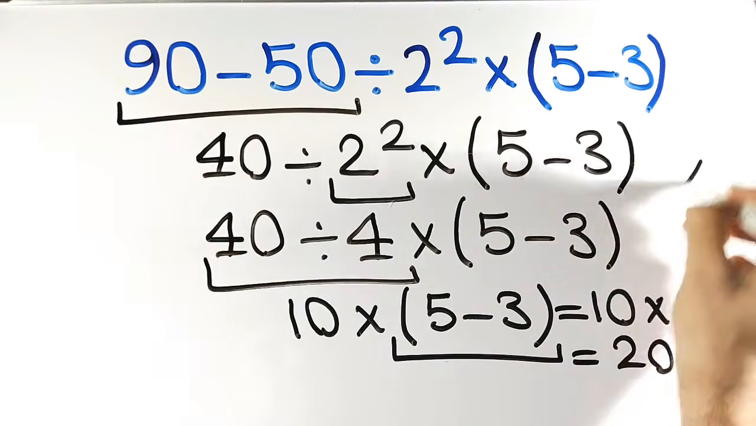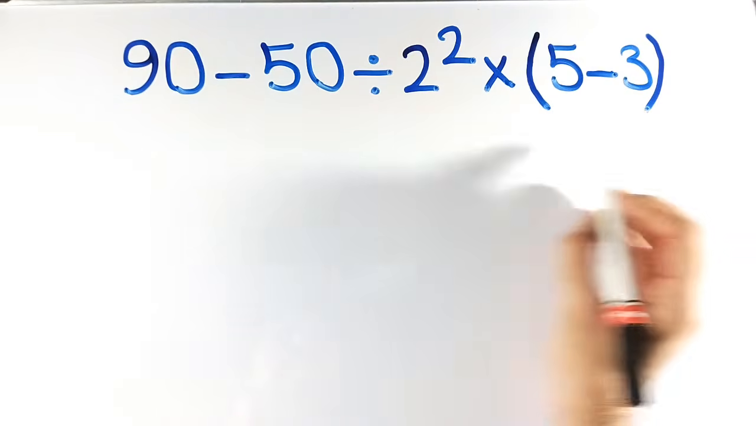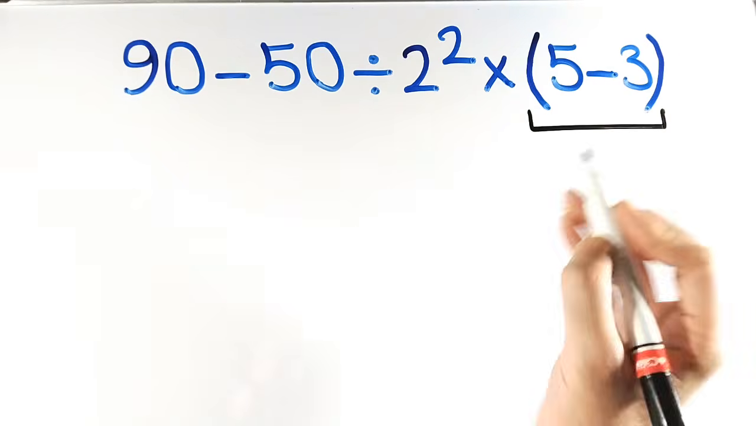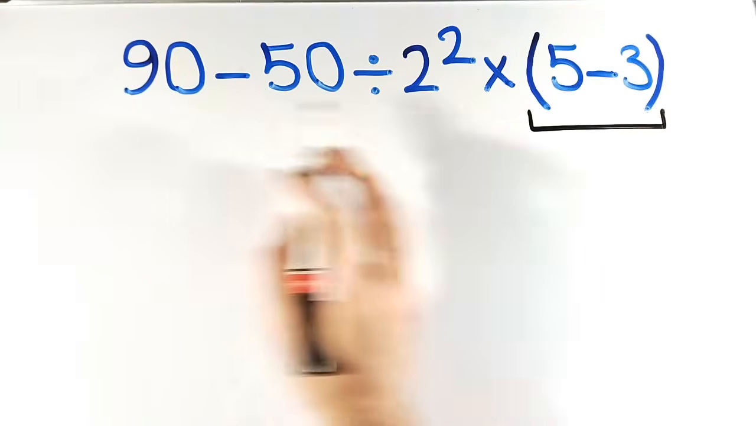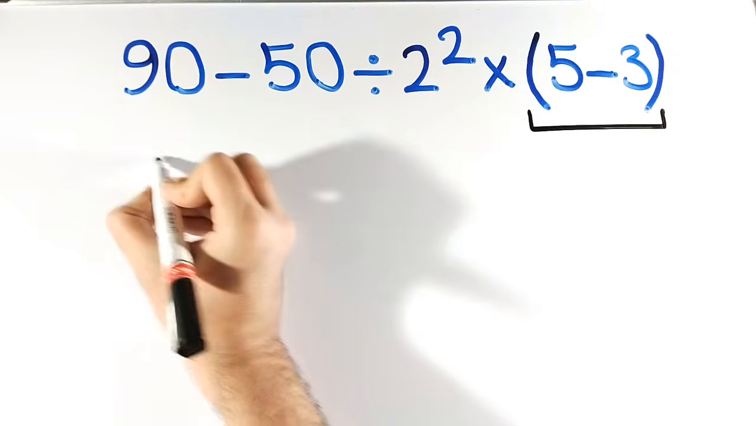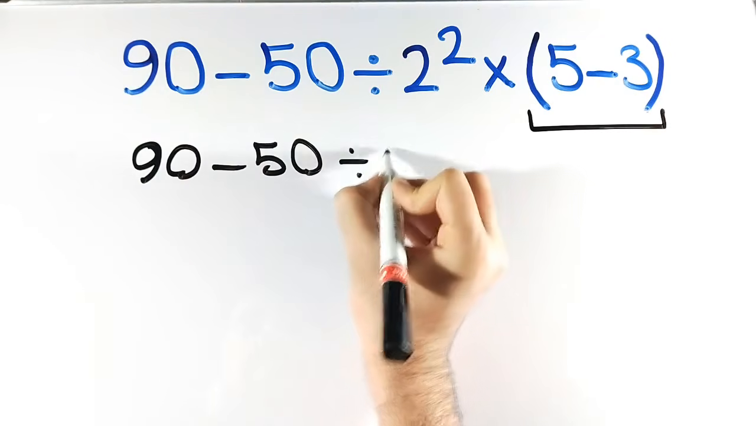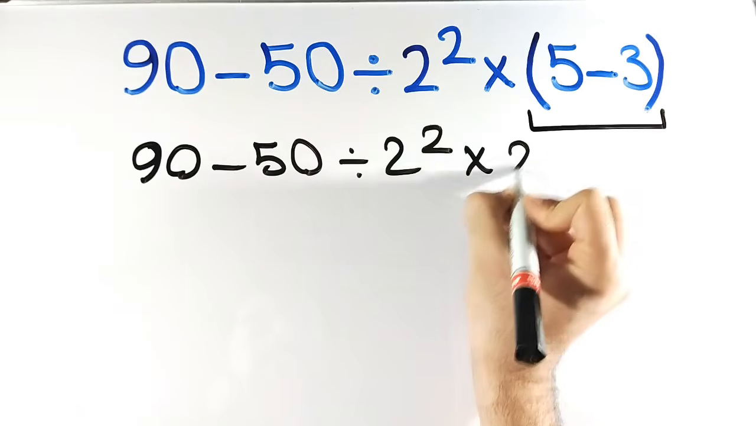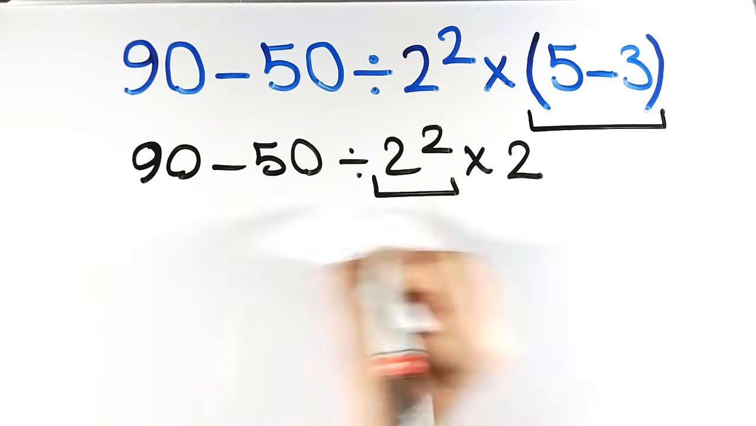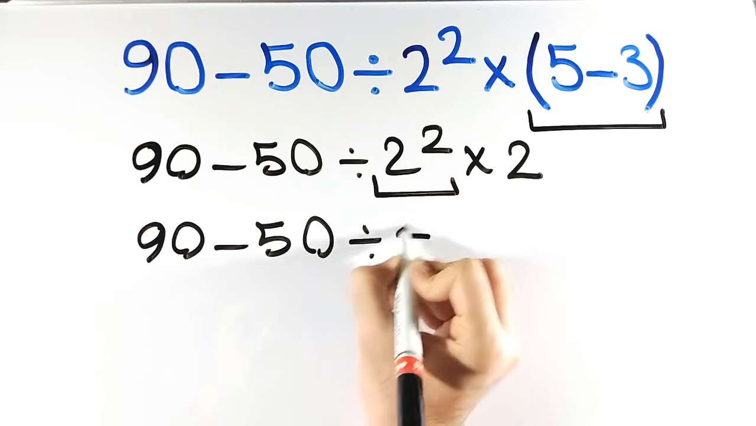However, this answer is absolutely wrong. Also, some other people when solving this question first go for the expression inside the parentheses because they believe parentheses have a higher priority than the other operation. So, instead of this expression, they write 90 minus 50 divided by 2 squared multiplied by 2. And the next step, they go for the exponent and write this expression as 90 minus 50 divided by 4